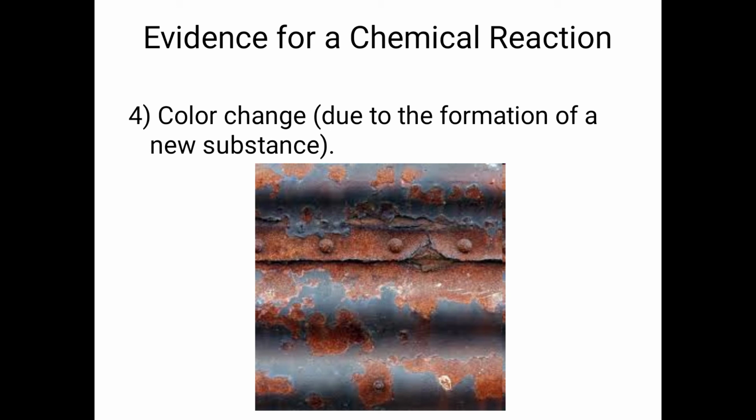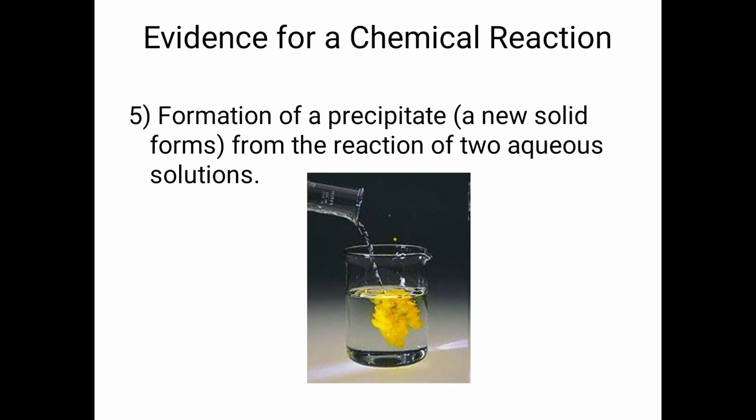Fourth is color change, which can be seen on the outer layer of certain substances or during the mixing of certain substances or mixture formation when we are bringing out a chemical change. Fifth is formation of a precipitate, meaning a new solid substance is formed, and from the aqueous solution we can easily separate it out as it is different from it.